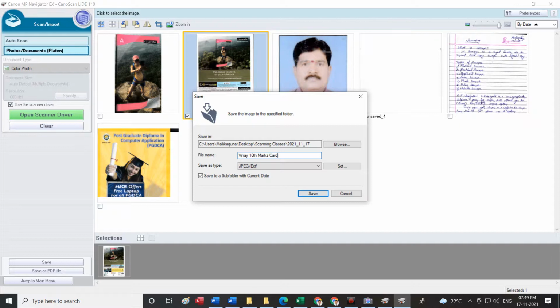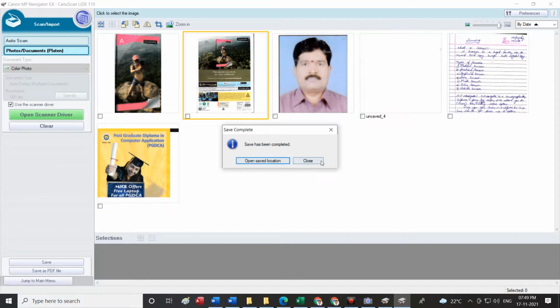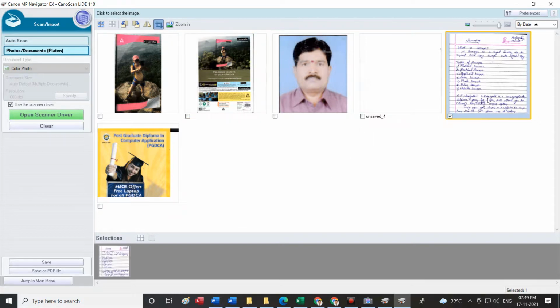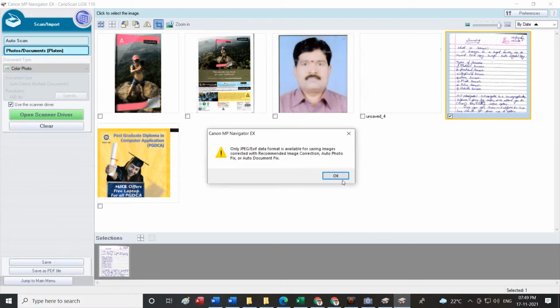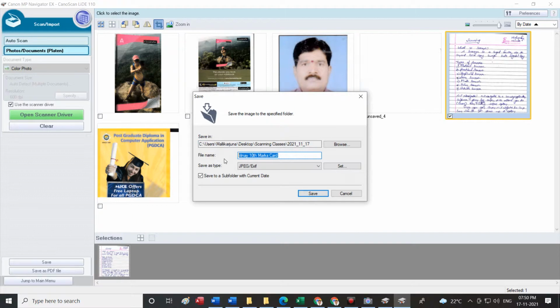Giving the right name is very important. Only then can you always search. If somebody asked me to send an invoice which he had forgotten to pick up, or I had to get a signature of my manager, I will say afterwards I'll scan and I will send you after I get the signature. Assuming this was the invoice signed by my manager, I'll select and say save, and I will say OK, and I'll say Advait Service Center invoice